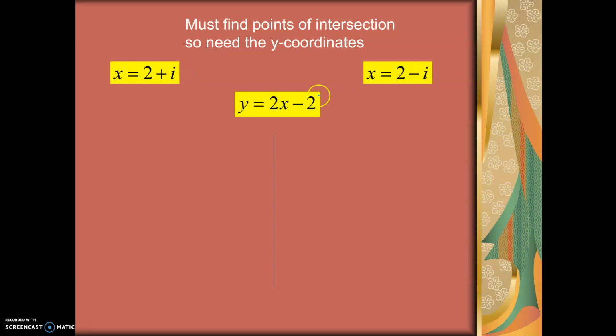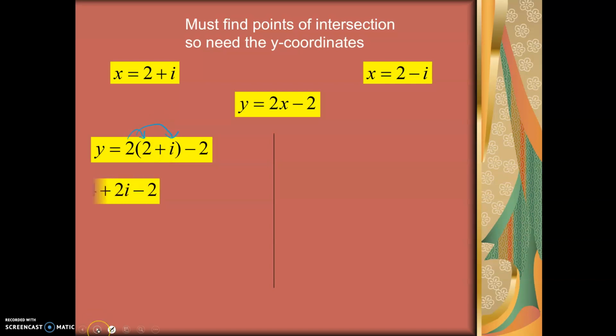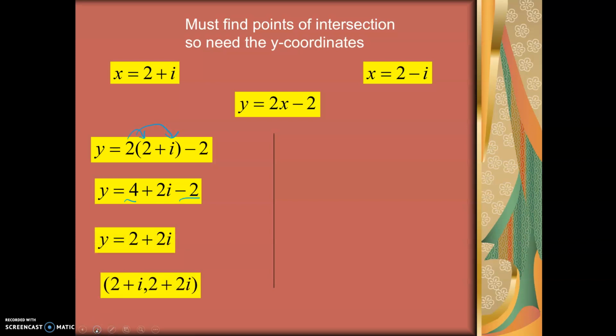And then I'm going to plug in 2 minus i for x for that scenario. And I'm just going to follow the order of operations. Order of operations says I would add first, but I can't do that. So then multiplication comes next. So I distribute the 2, and I get 4 plus 2i minus 2. Then I combine these two like terms, the 4 and the negative 2, and I end up with 2 plus or minus 2i. So when I write the coordinates, it's 2 plus i, comma 2 plus 2i. And then on the other side,